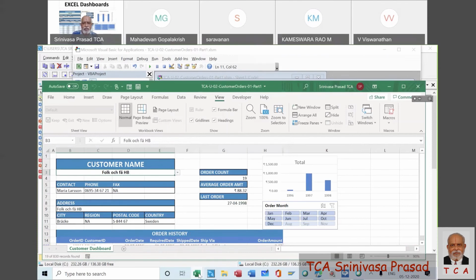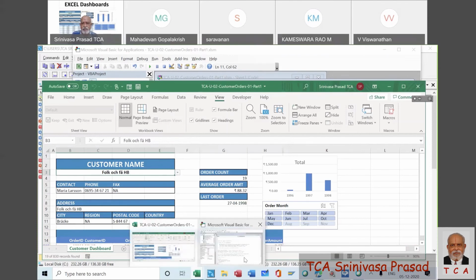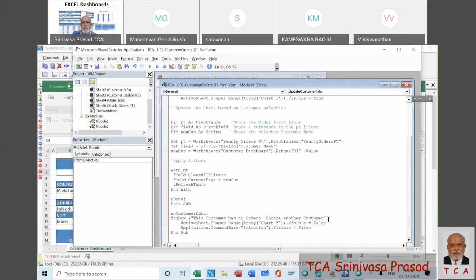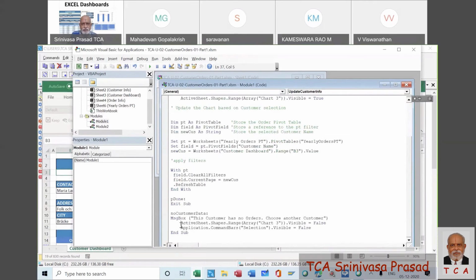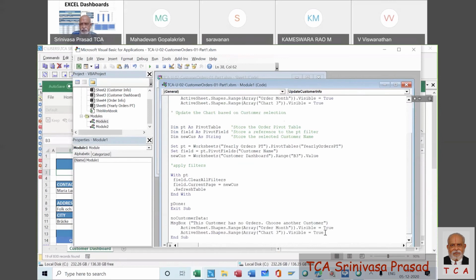Now we will get back to the selection visible. These two we will now take here and make it false here.